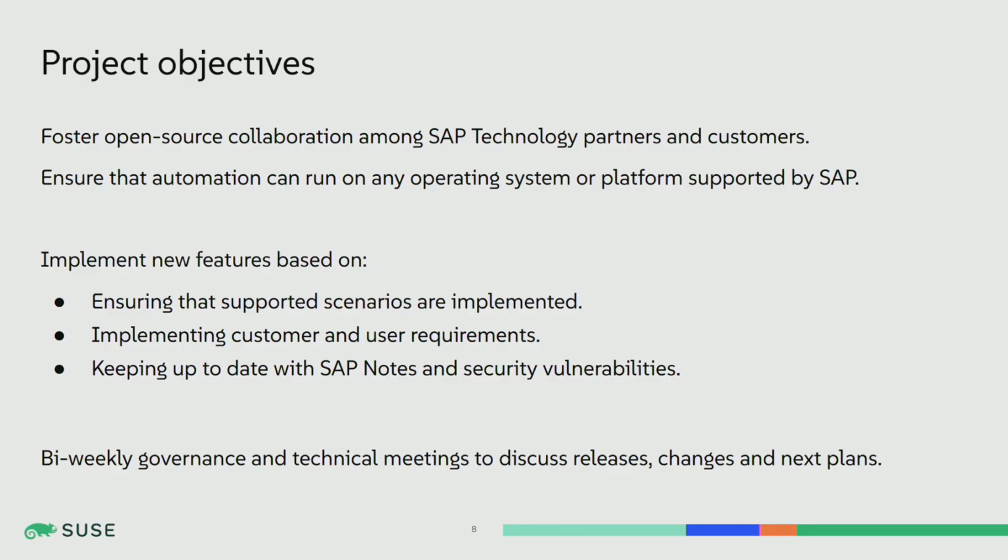Just a small example, I was developing a new feature last year. It went out for SUSE based on our documentation, but it went live together with the Red Hat part as well, because we wanted to be agnostic on all ends. So this is our target, to make sure it runs for all the partners. We are trying to implement all the scenarios that we can support and that are documented. We are also communicating with our customers and users, so this is also reflected in what we are doing.